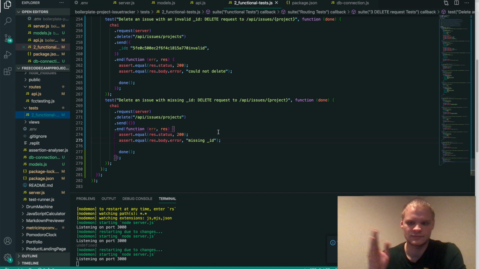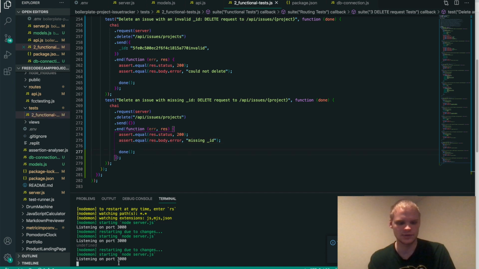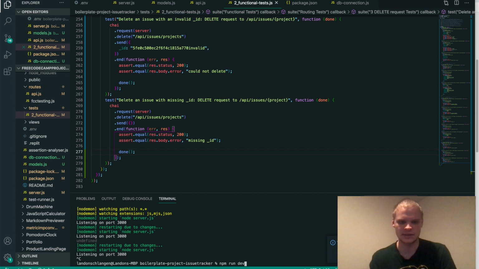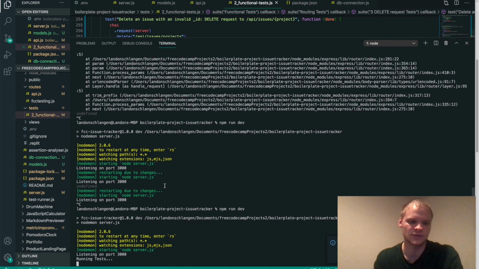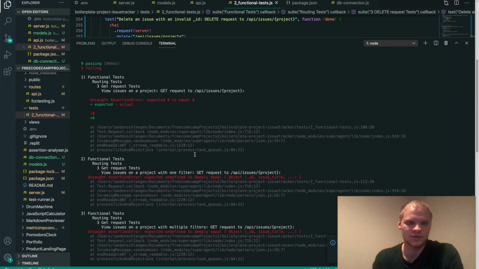Basically just comment it, or delete the comment on it, and then it should run the test automatically. And then we should actually restart our server. So do Control-C and then npm run dev again, and then it should run our tests. So now it's running our tests, and a bunch of these don't work